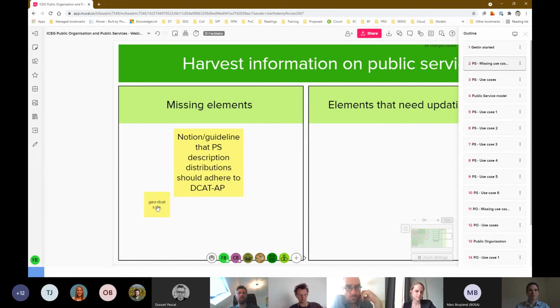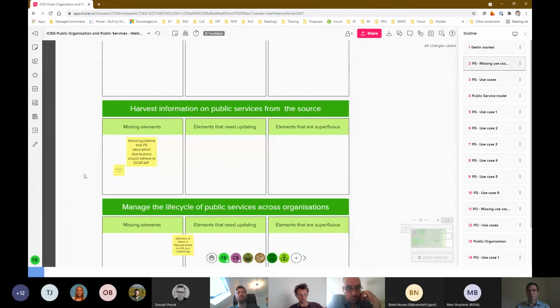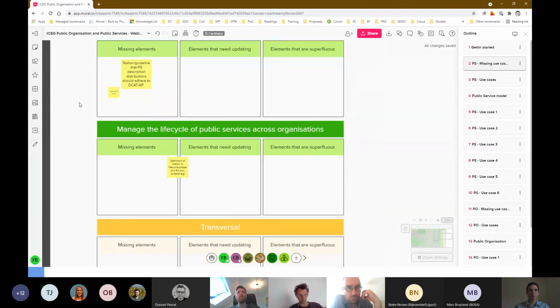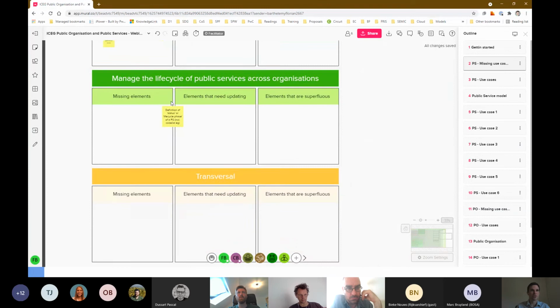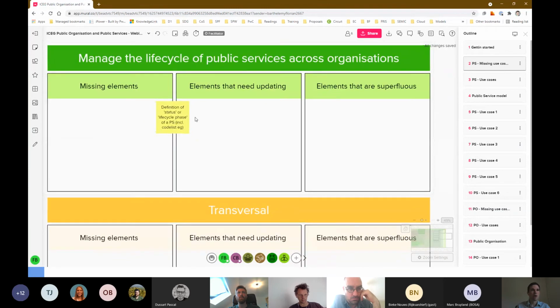I see also someone who put a post about GeoDKDP. To give also time to go through the next example about public organization, I'm going a bit faster, but I think, and the definition of status or life cycle that we discussed during the example. Okay,